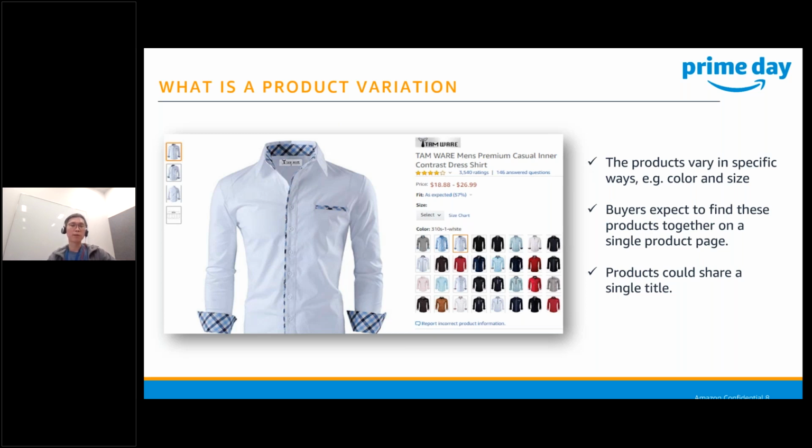Typically the buyer will expect to find these products together on a single product page. This will also introduce a better customer experience. So we advise sellers who have a product with multiple variations to list it this way instead of creating individual listings, so that buyers can find your other variations more easily.